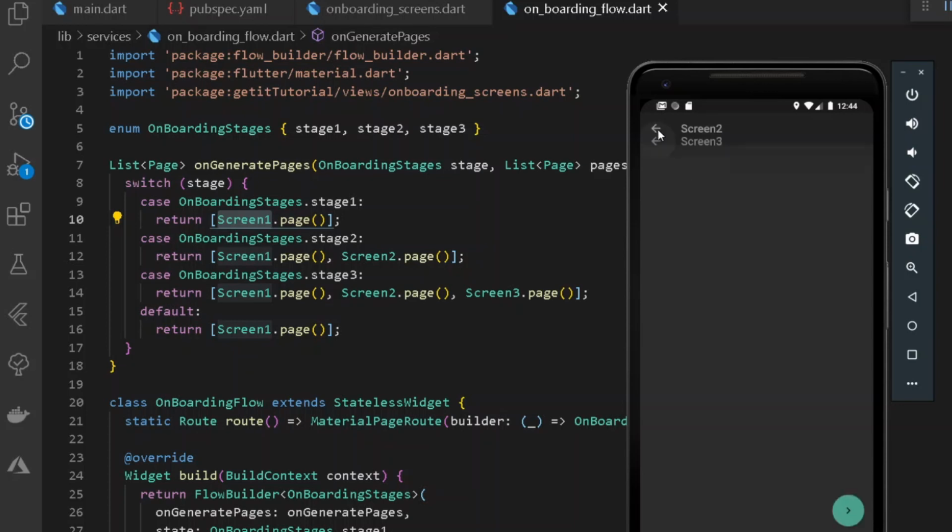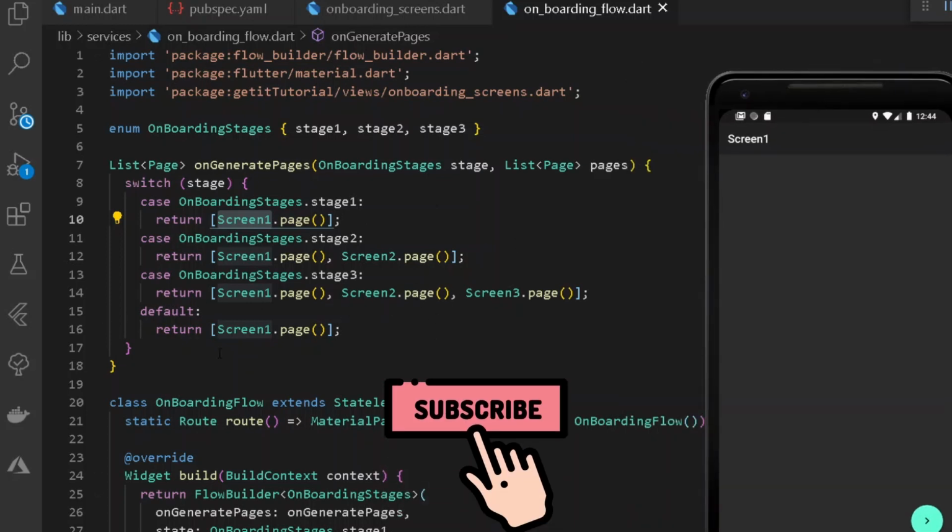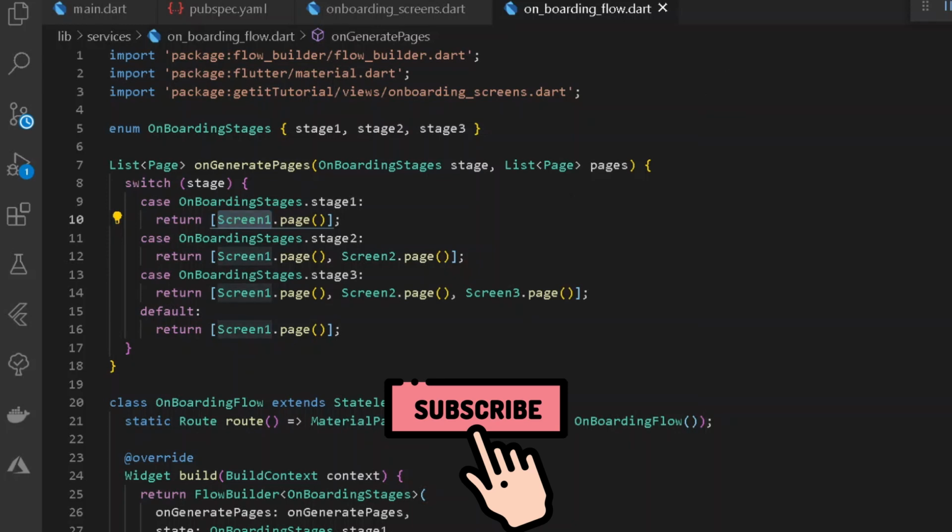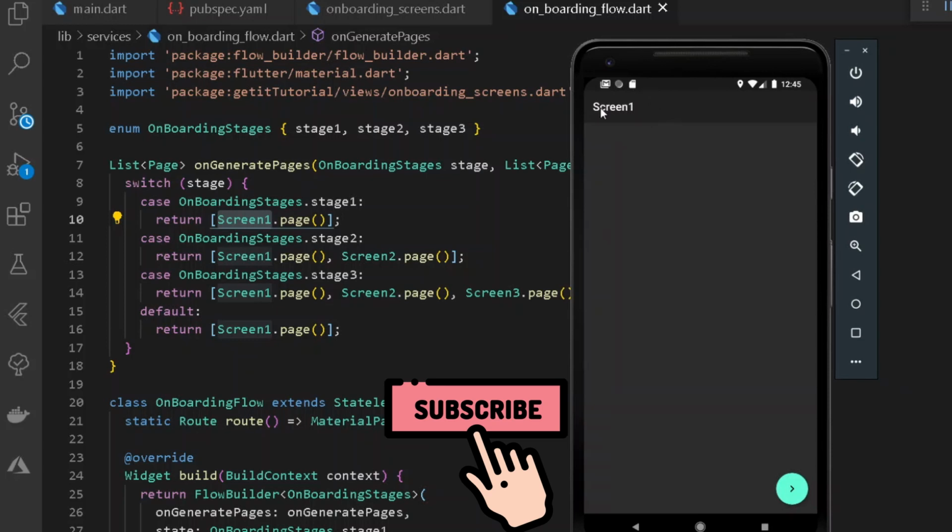So now, after pressing back, we are navigated back to our screen 2, because under our entire stack of all the screens, we have our screen 2 bunched over screen 3, and after pressing back over screen 2, we are navigated to our screen 1. The reason is the following: screen 1 is bunched over screen 2. And here we also have a default statement of screen 1. So now after pressing our reload button, let's check it out, we are navigated to screen 1, because this will be a default route.